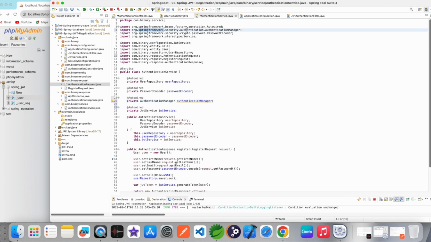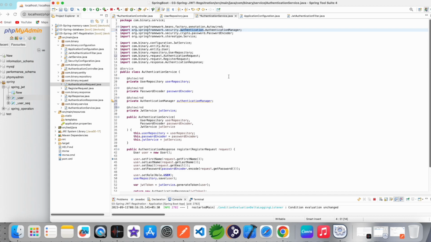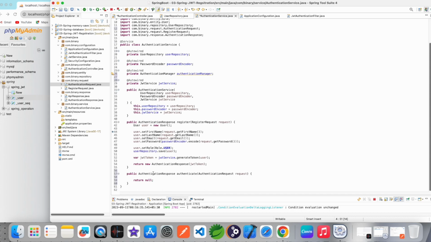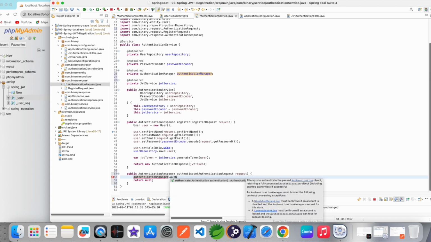Now I can use here authenticationManager.authenticate